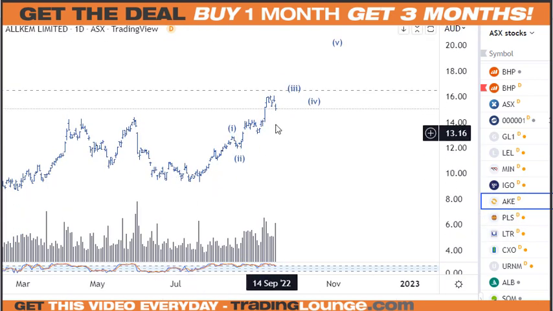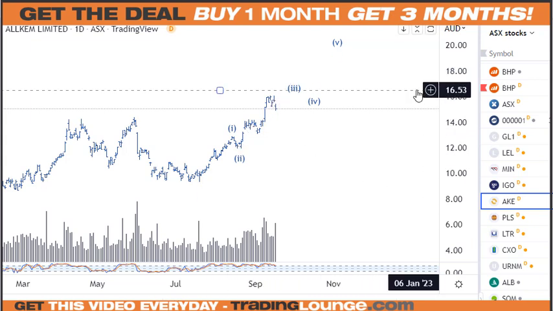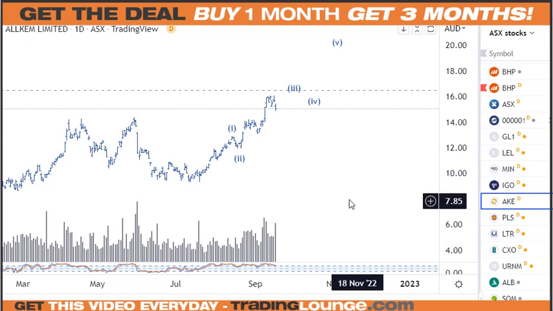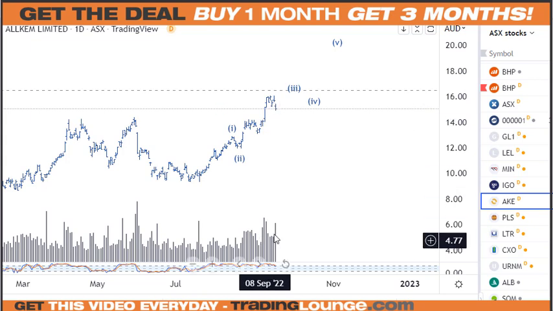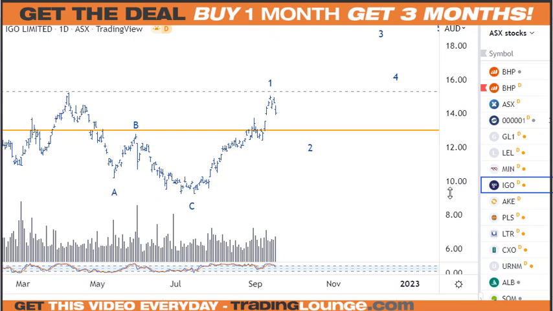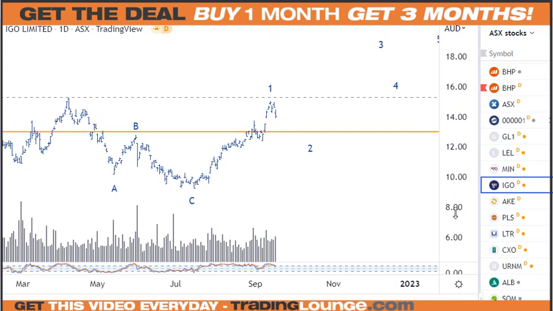This one here, I think it's got further to go to the upside. This will be at 1650 here, medium level, but yeah, we'll see how it goes. It looks like it wants to top here too, based on the volume, but anyway, I'm not quite sure about that. This one here is good. This one's starting to turn, as we talked about last week.